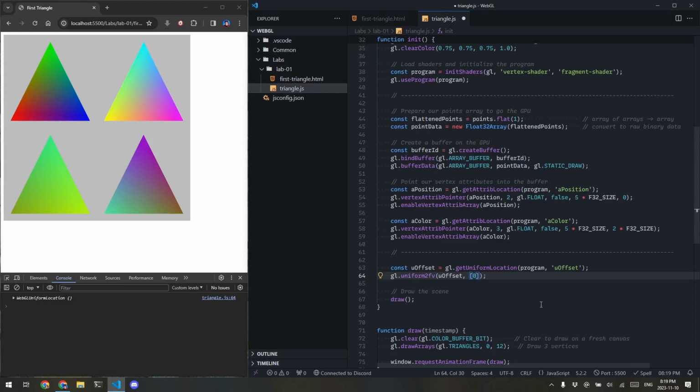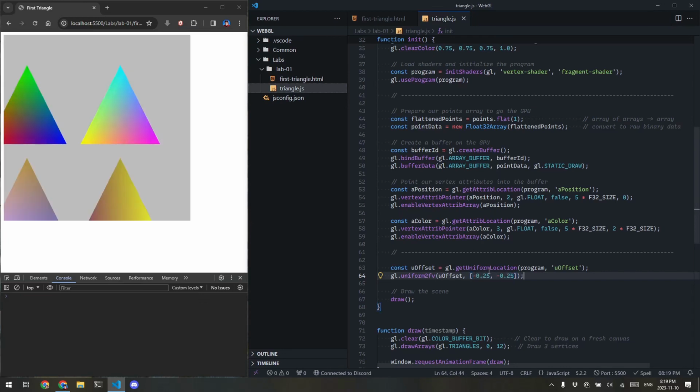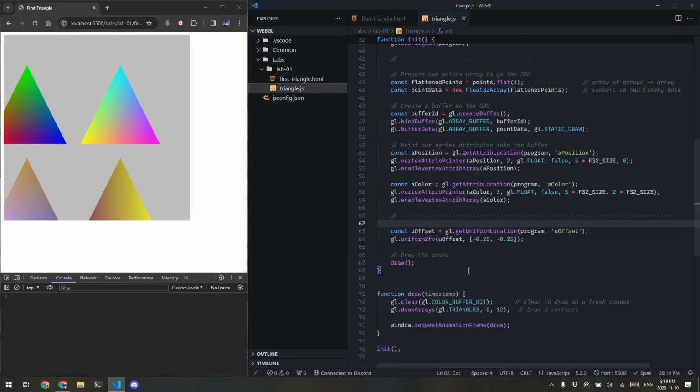So if I do an x of 0.1 and a y of negative 0.2, that should budge them down. There we go. You can see that? How nice that was. Nice and easy. Ta-da! Now they're moving. In order to animate this, I'm going to need to do this once per frame,